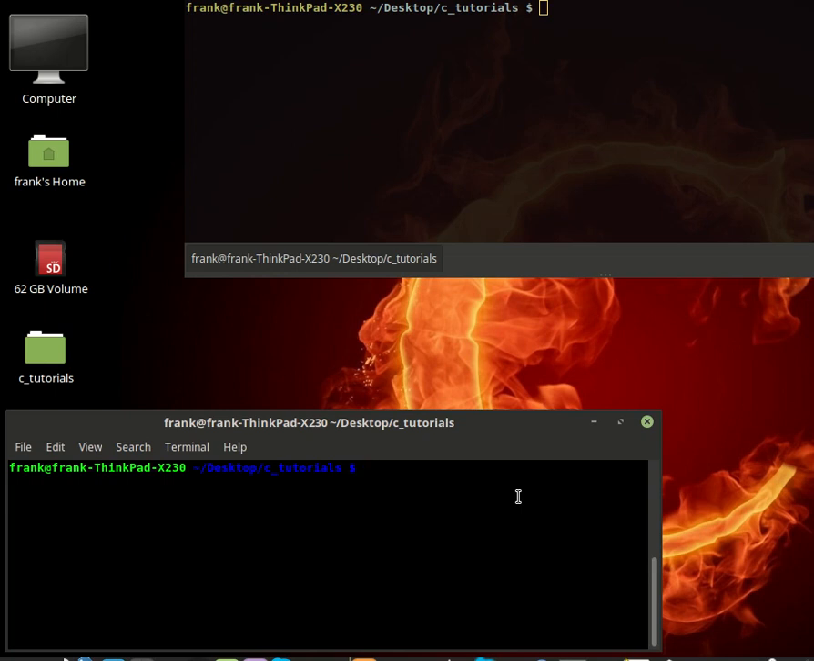Actually the idea came to my head after I made another tutorial with Python, which was also a command line based calculator. So I just got the idea, why not do the same thing with the C program, C language, and maybe for some of you it can be interesting. I'm not sure, but